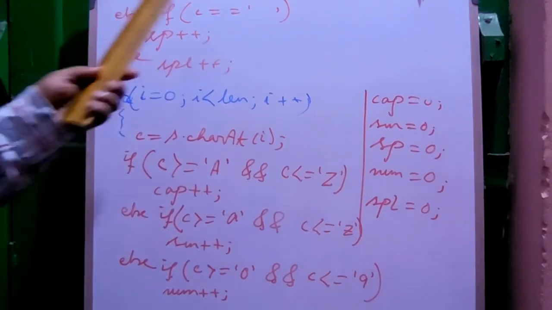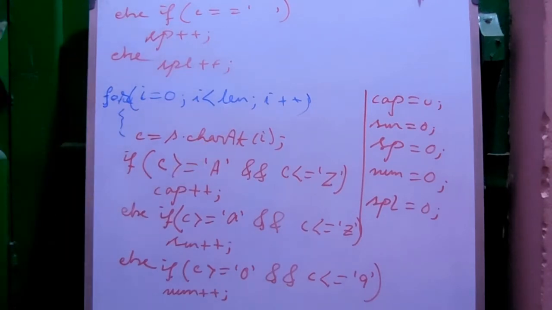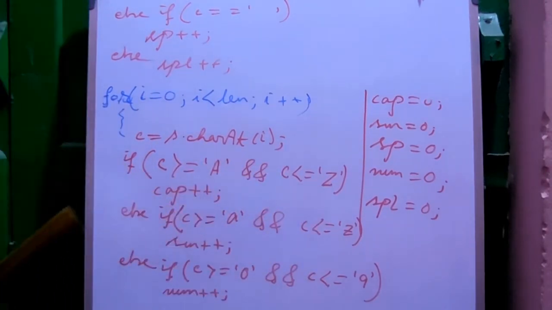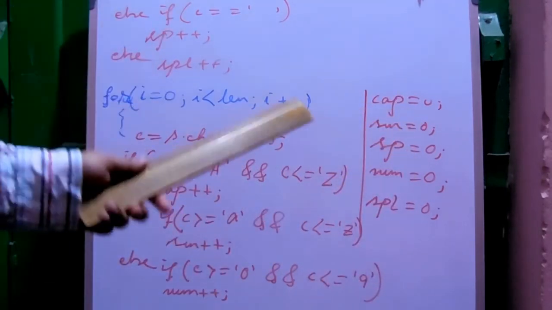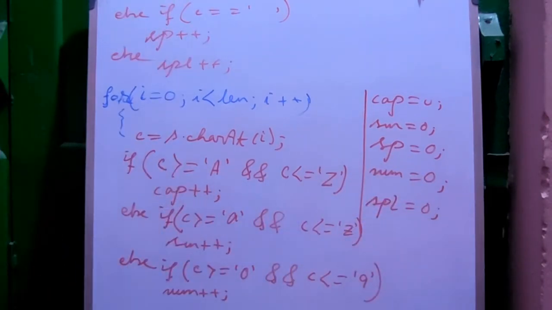And one thing also to follow: always remember this program I have shown you has all 5 counts, which is most important. But suppose in the exam it comes that how many capital and small letters are present, and nothing other than capital or small has been asked to print. That means space no need to see, number no need to see, special character also no need to see, only how many capital alphabets and small alphabets are present.